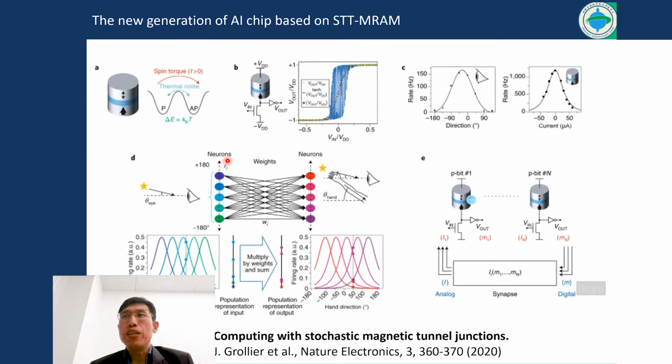I can give you a second example of using STT-MRAM devices for AI chips. When we operate the spin transfer torque mechanism, you can see a current passing through the magnetic tunnel junction. Its behavior is intrinsically stochastic, as shown in this figure, which is very similar to the behavior of our brain. By integrating this probability and randomness in the computing, we could expect energy efficient